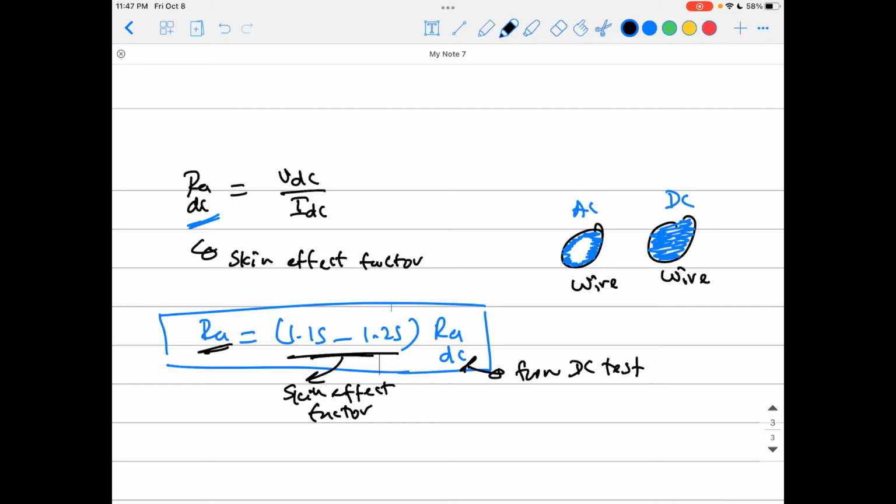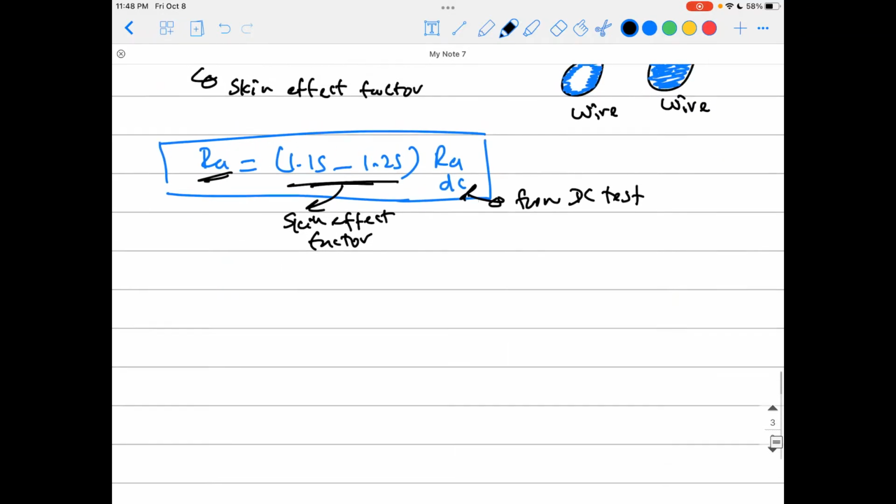So just directly use the RA,DC. It should be fine enough. Okay, guys? But in the real world you should incorporate the skin effect factor, which is not an exact number. It's something that comes from the experience of the manufacturers. Okay guys,